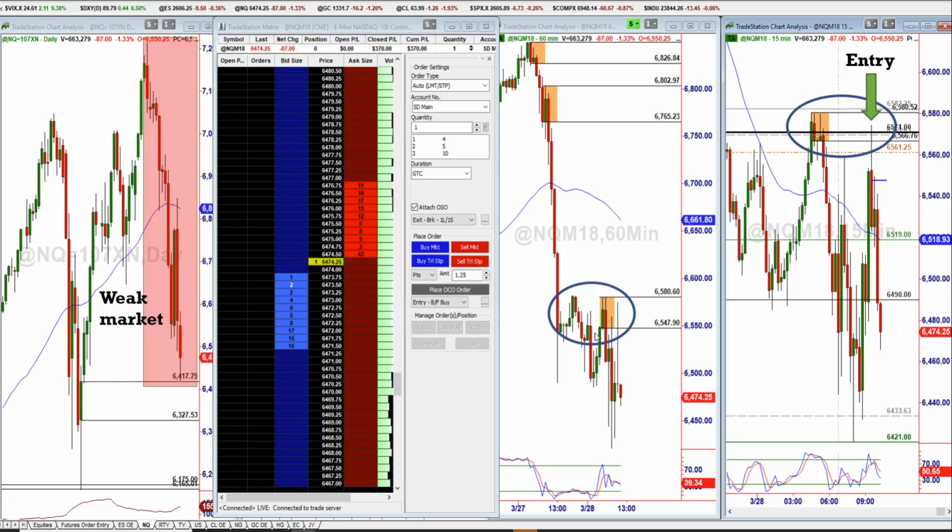We go down to the 60-minute. We can see that price fell out of this area, retraced, fell out of that area again, and then attempted to climb back up, got rejected right in here off of this 15-minute, which was above the 65.61, which was the previous close. So going into this picture a little bit deeper, on this 15-minute, we can see overnight,